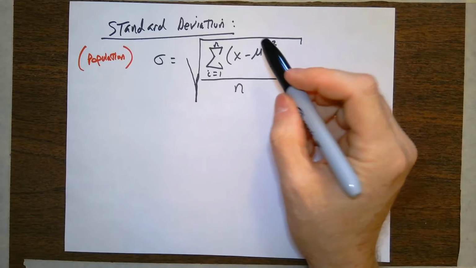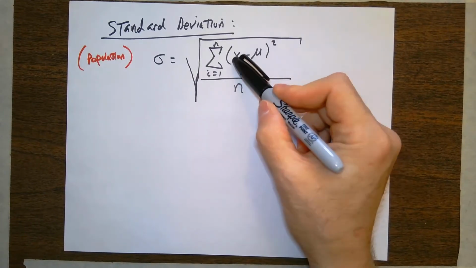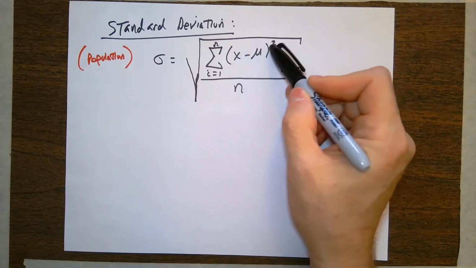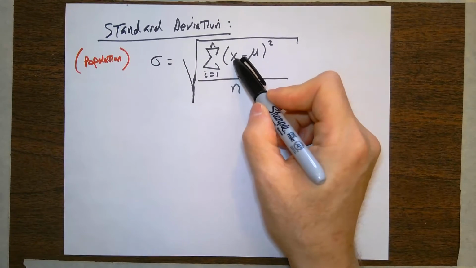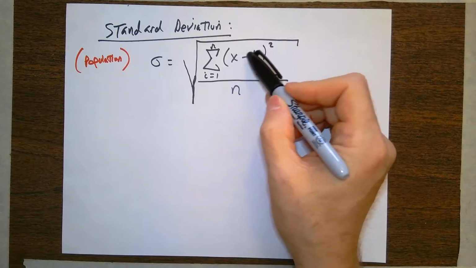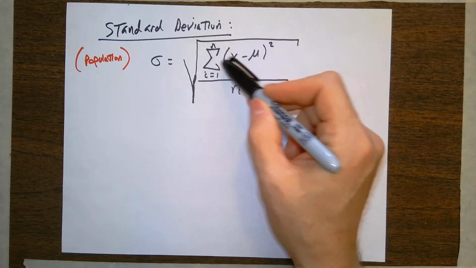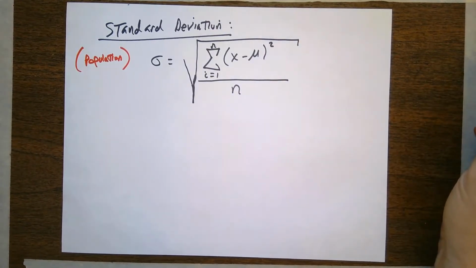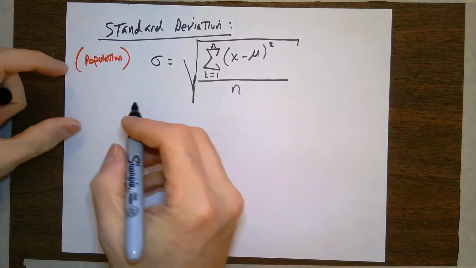So adding up all of the data points minus the mean, squared, this is a bunch of positive numbers we're going to be adding up because it's squaring. Sometimes the data point might be less than the mean, the average. Sometimes the data point might be more than the average. So you get positive and negative numbers in here, square them, add them all up, and divide by how many they are. That is the standard deviation of the population. And standard deviation gives a mean average, kind of an average, if you will, of the distance between each data point and the mean. Next we have variation,